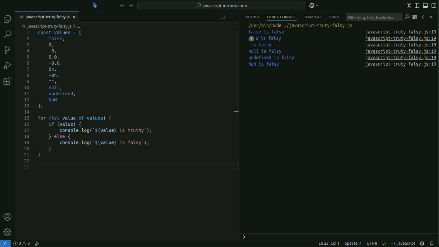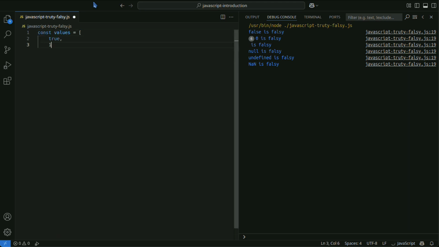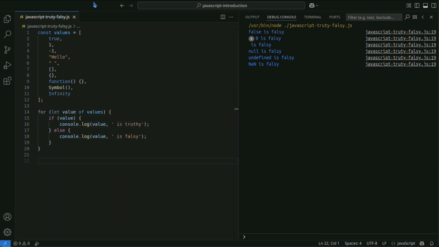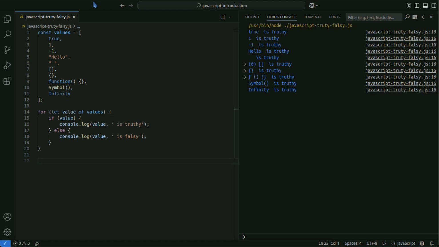In JavaScript, many values are treated as truthy. In this code, truthy values are output as truthy.